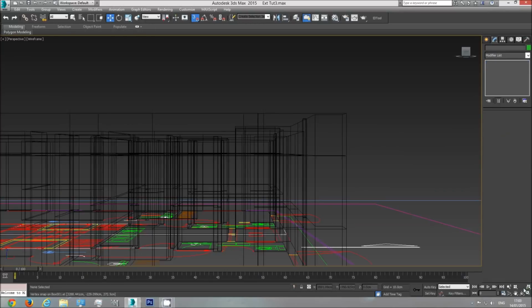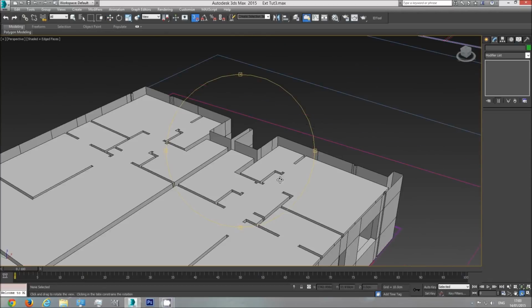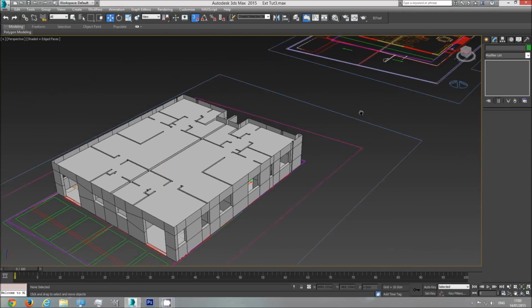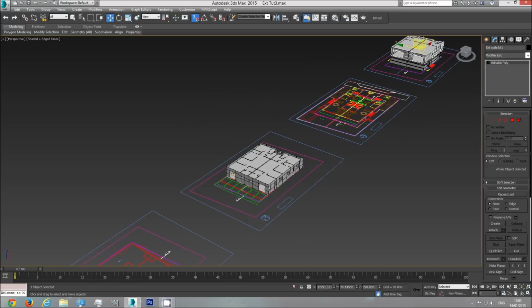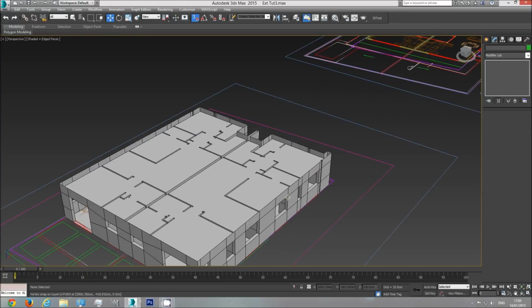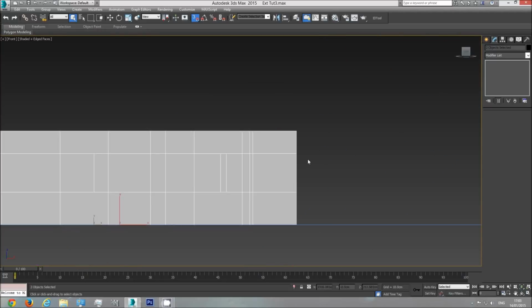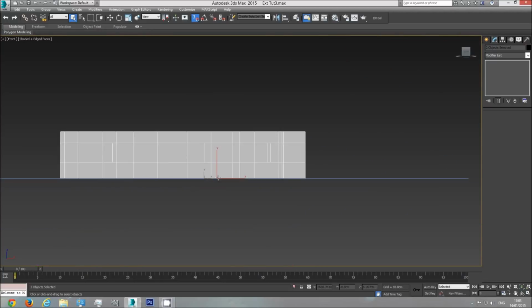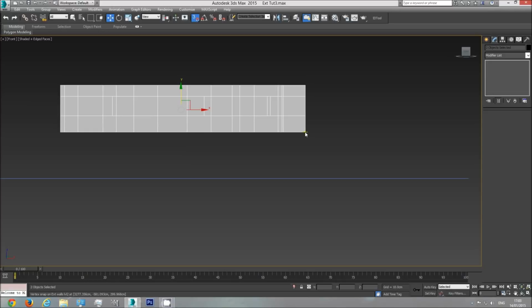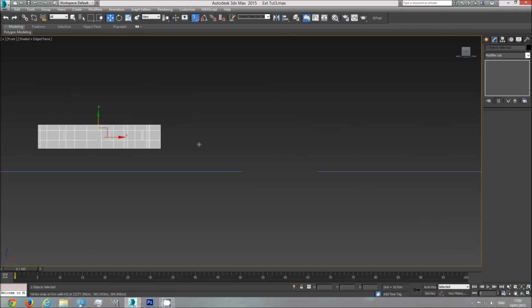And this floor is done. What I'm going to do now is select the exterior walls and the interior. I'm going to move them in the front viewport from this point down here up. I'm going to move on the y-axis. I'm going to select this point here, which is the bottom point of the floor, and I'm going to move